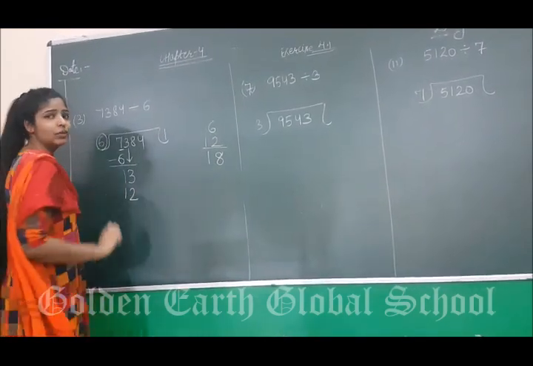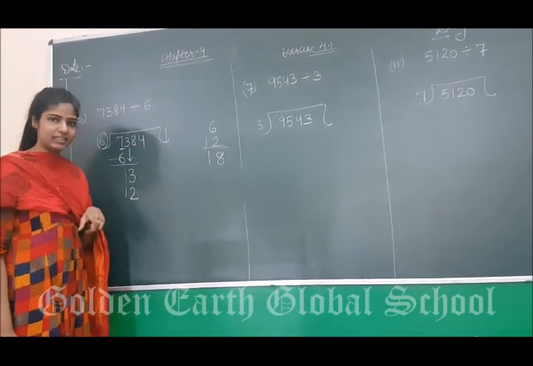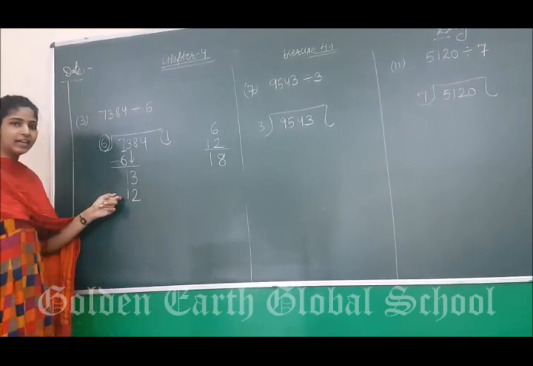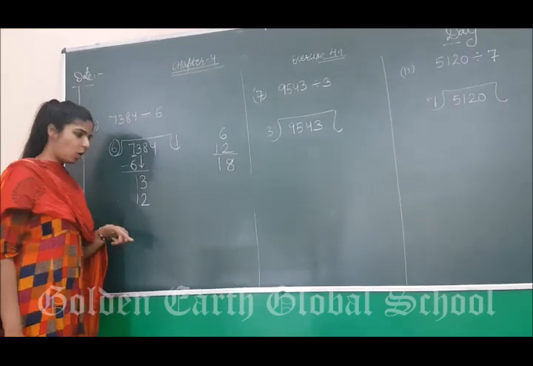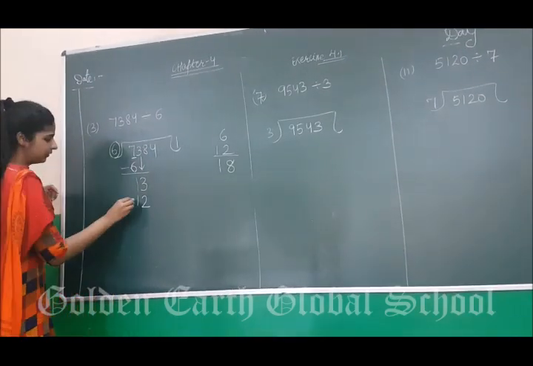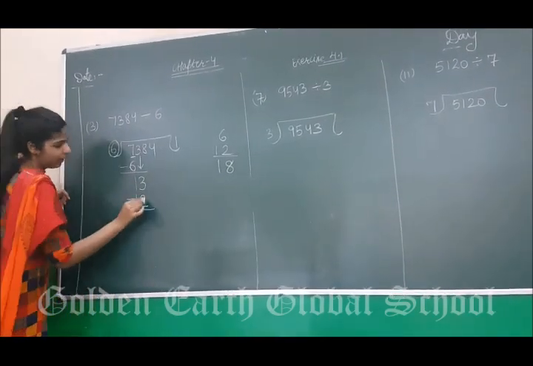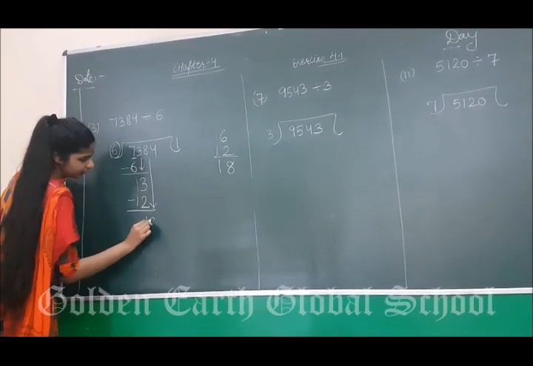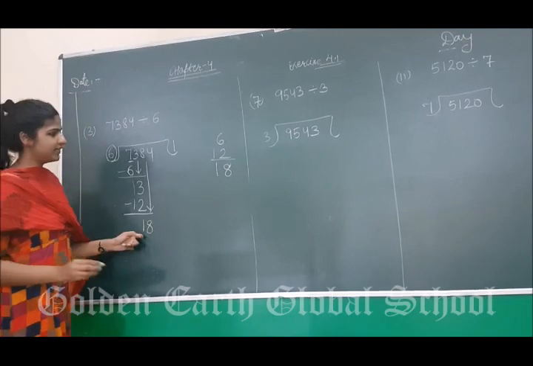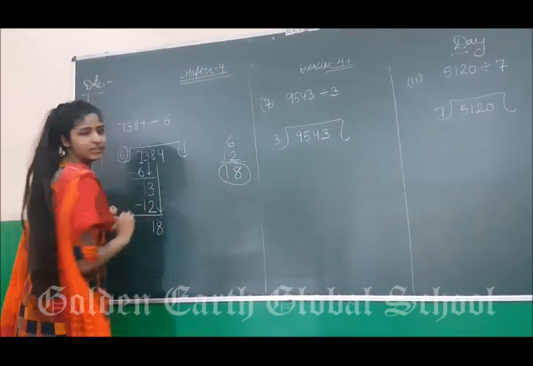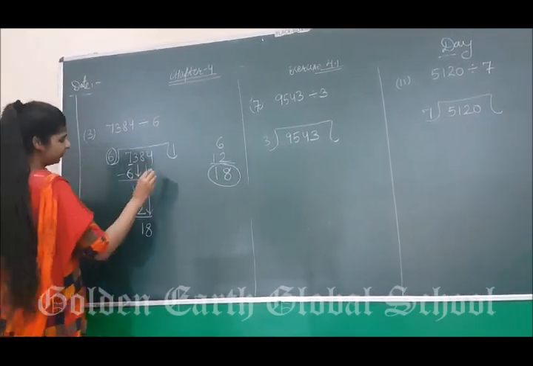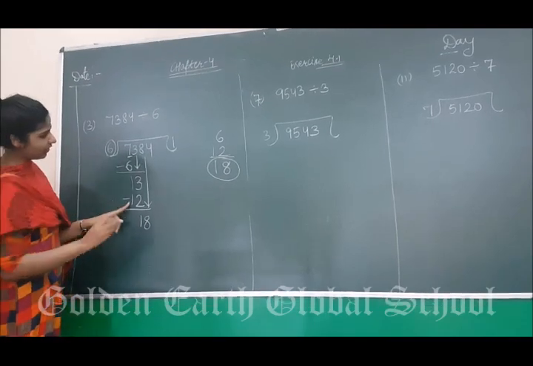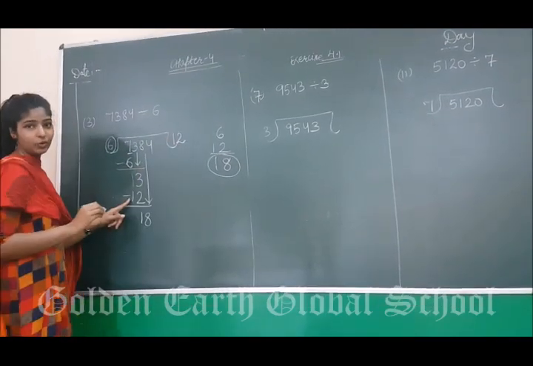हमने 18 क्यों नहीं लिखा? Because 18 is greater than 13. And what we get here? The number that is smaller than 13, right? 13 minus 12 is 1. Take down 8, we get 18. Now 6 के टेबल पे 18 चेक करो. Yes. 6 के टेबल पे 18 is on 3. First of all 6 के टेबल पे 12 कहाँ पे आ रहा था? 2 पे. Write down 2 here.